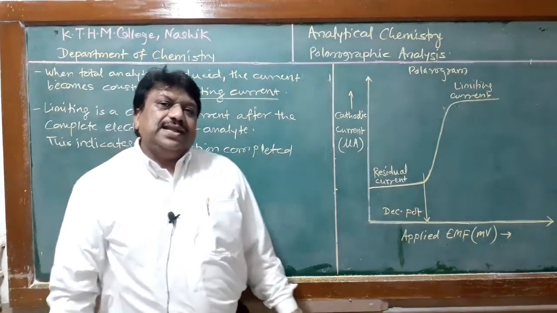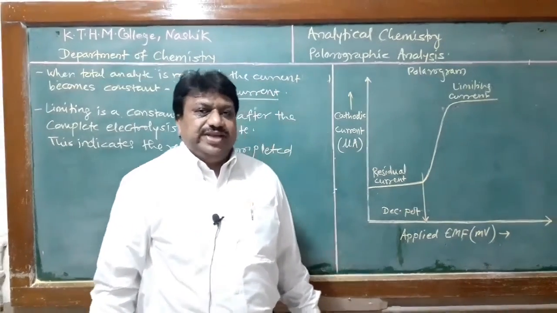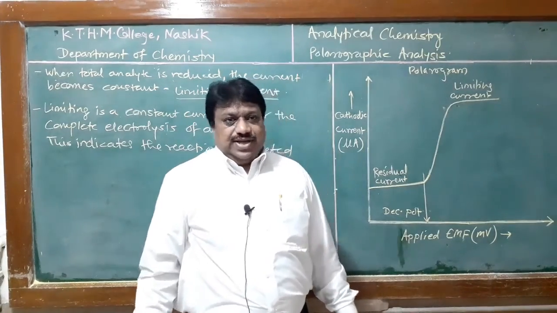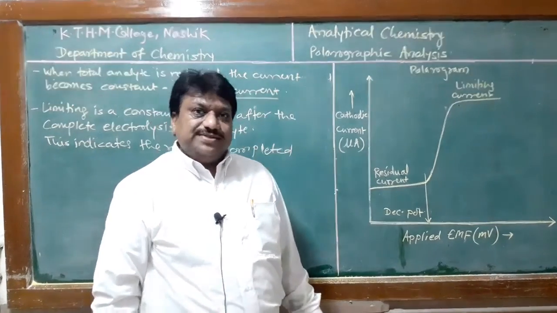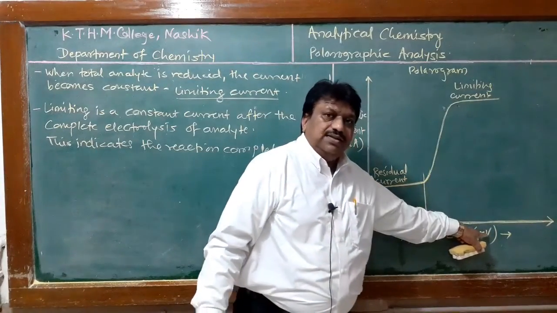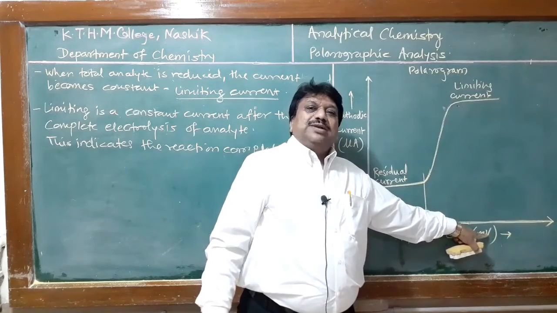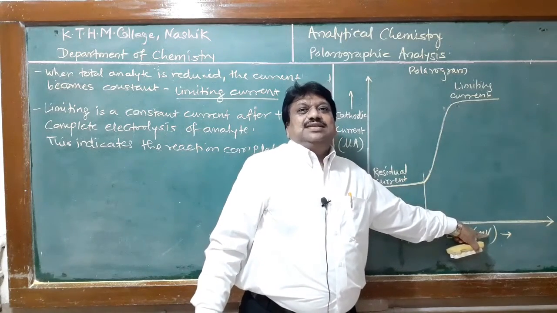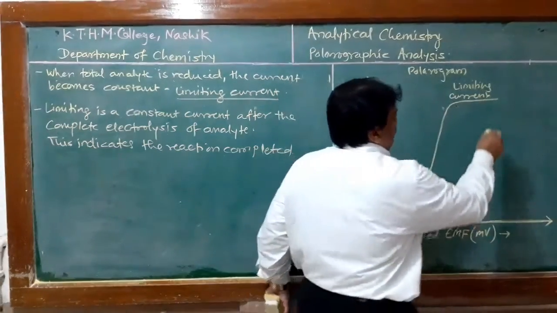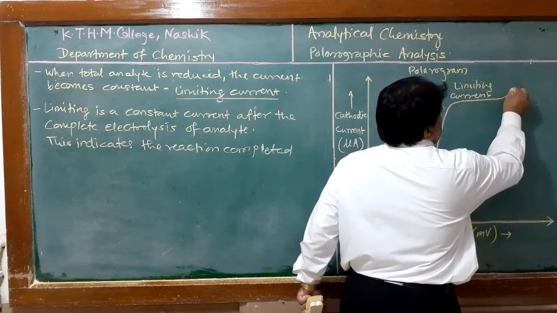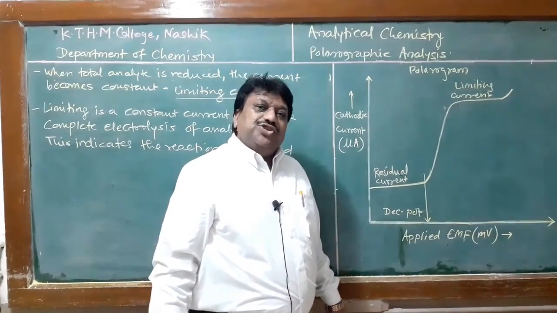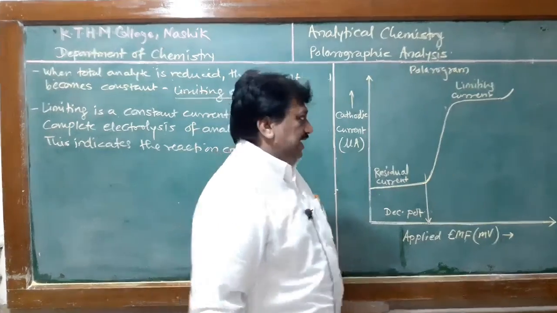That means as total analyte is deposited onto the dropping mercury electrode, there is no cadmium 2+ ion and there is no redox reaction, and therefore the current becomes constant. If we are increasing potential linearly, then the supporting electrolyte present in the analyte solution starts its decomposition or reduction, and then we observe a flow of current like this. An increase in current is observed, and that is because of the deposition of the supporting electrolyte.